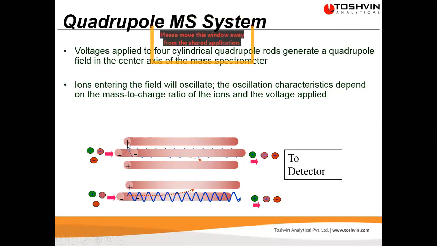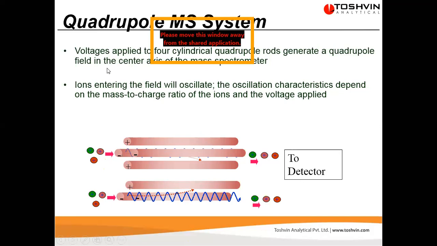Again, the switchover will happen, positive, negative. This is a continuous phenomenon. Because of this, your ion will be moving in an up-down position, up, down, up, down, up, down. But our aim is not just to move it like that. We have to pass it on towards the detector also. So we apply an increasing voltage ratio to this rod so that my ions travel in this trajectory towards my detector.